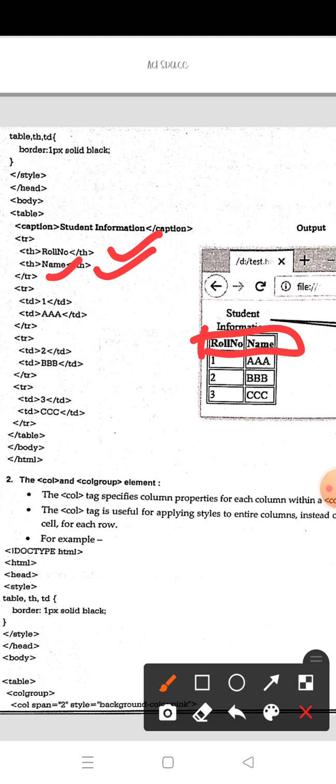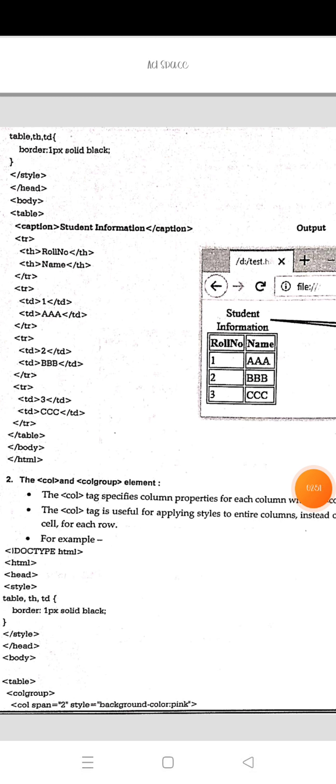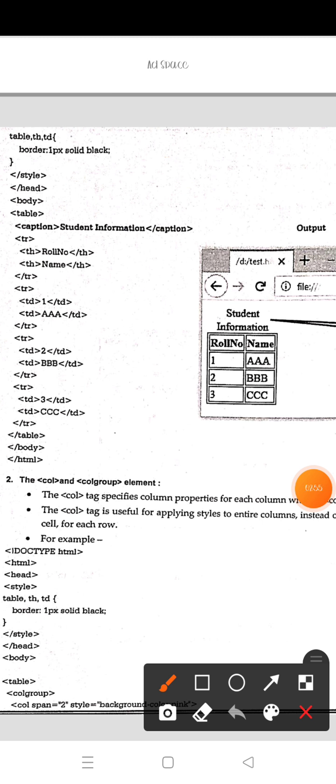Then in the second row we are inserting the data. Here th means table header, the row heading. Next td, we are inserting the data. So for the first row, this is the table header. Then in the next row we insert 1 and some name.